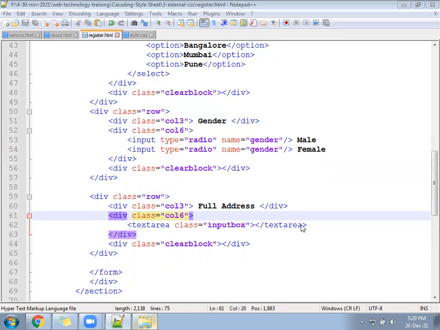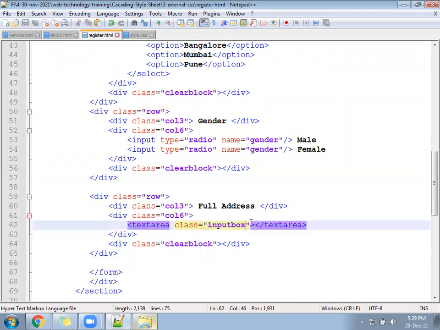Radio button size, you can try some height and width. For text area, you have to write one more class here, big box, to increase the height of the text area.